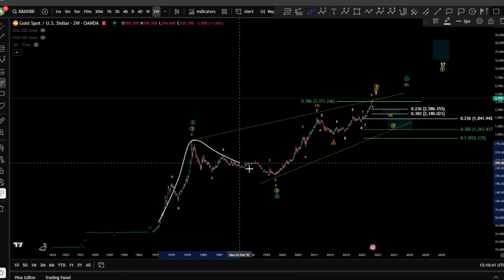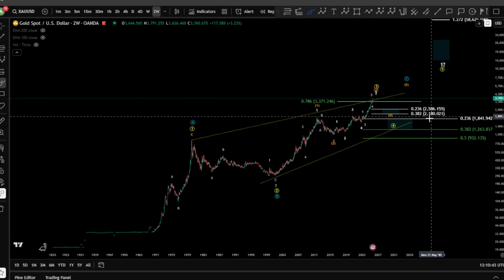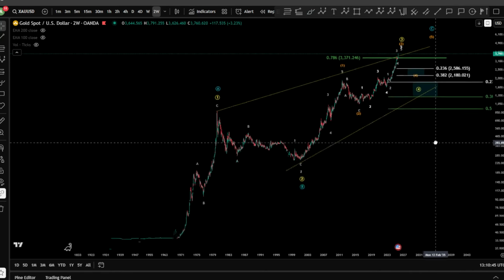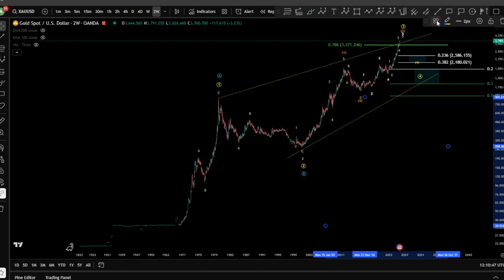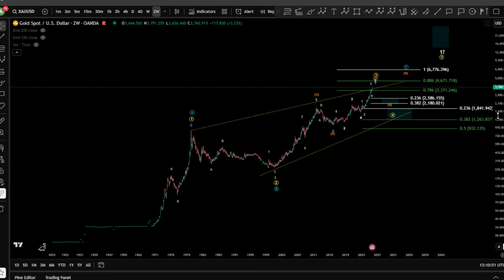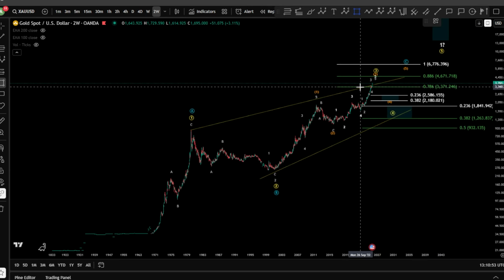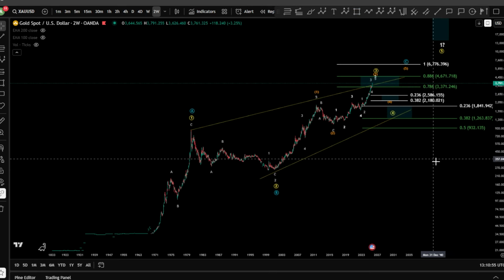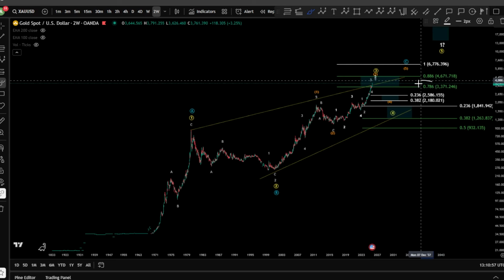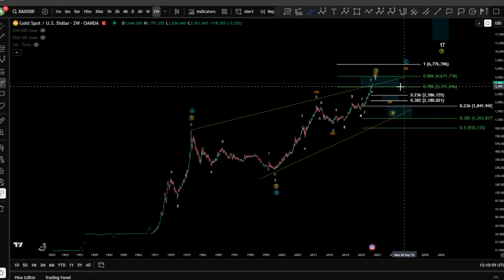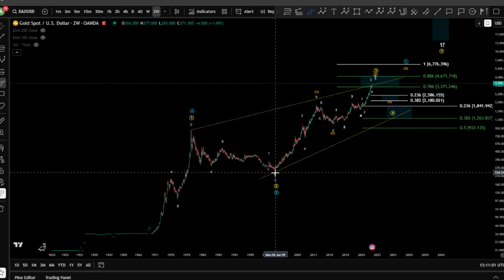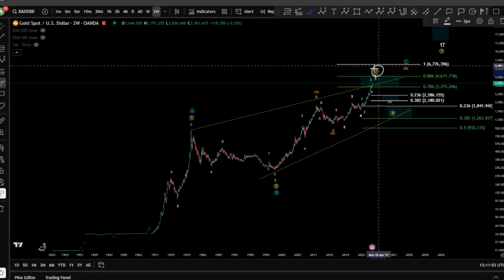It might be of course your 1, 2, 3, 4, and a 5. You're still of course in the range here for a wave 3 in diagonal. So if I give you a diagonal here, you will see that we are now in perfection of course for the targets in the fib levels 0.786, 0.886. So those are the perfect fib levels for a zigzag in a wave 3, right?